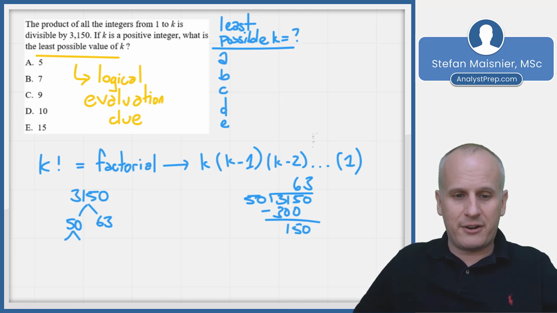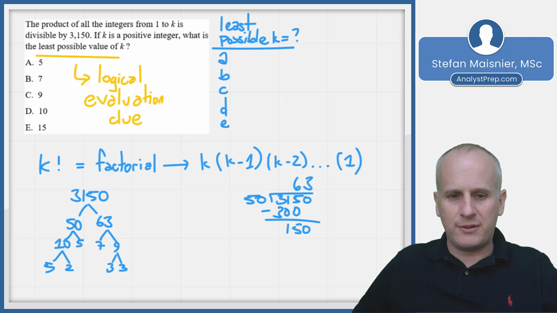Then we've got to break out our 50, which of course is 10 and 5. The 5 is done, and then we've got a 5 and a 2. Then for the 63, you might recognize 7 and 9. And then from the 9, we've got 2 3s. So I know the prime factorization